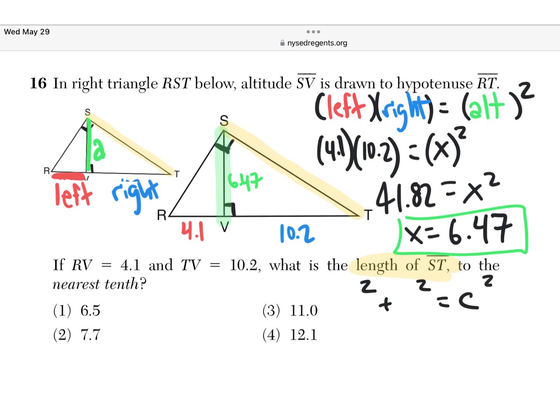All right. A squared, 6.47, plus b squared, 10.2, gives us c squared. All right. All right, guys. 41.8 plus 10.2 squared. It's going to give us 104.04 equals c squared. When we add these up,